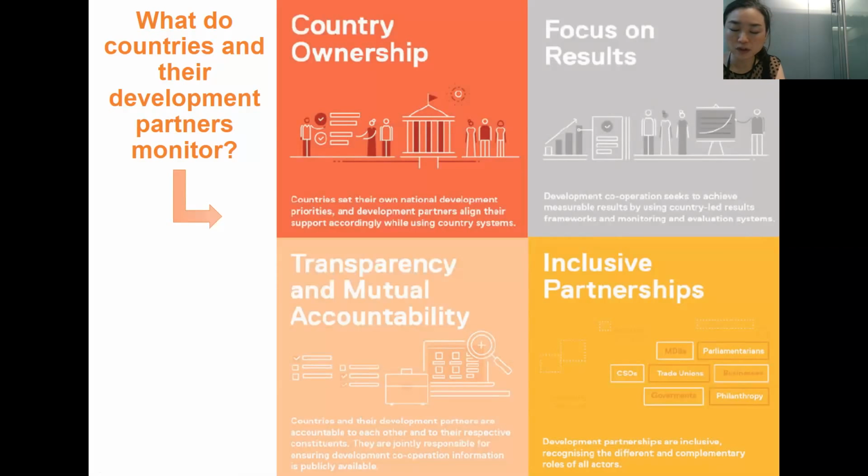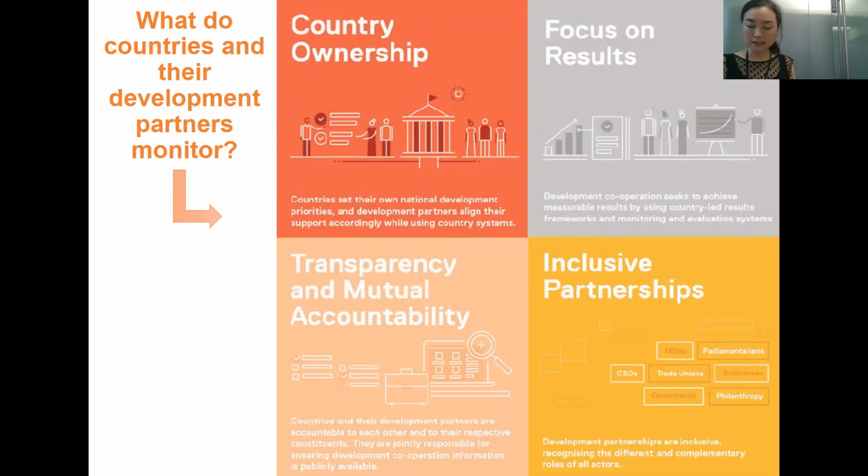Now, focusing on results is about ensuring strategic alignment and impact, focusing on country national development results. Inclusive partnership looks at the ways in which development partners come together and support the quality of development partnership at the country level.